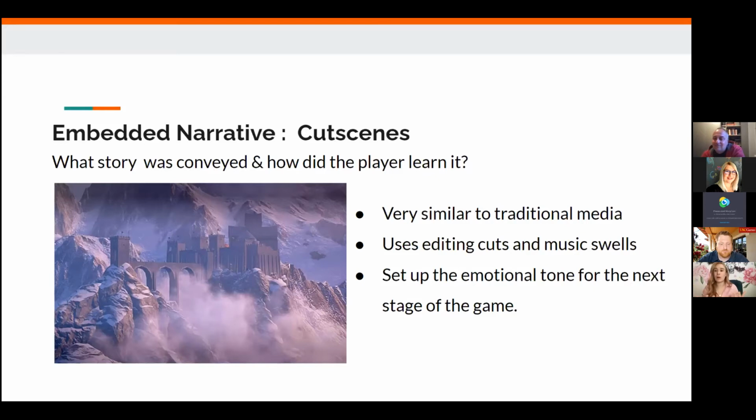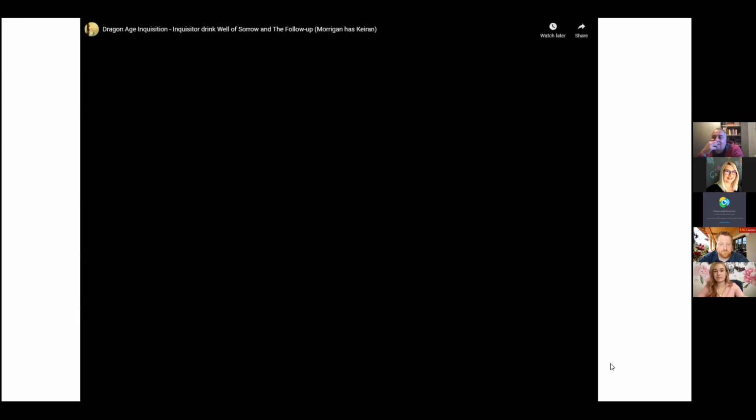It's this dramatic moment and it's framed that way. All of the elements are very traditional in terms of film and television. We understand cuts, we understand edits, we understand the music, and even all the sweeps of the camera. It's all very traditional.